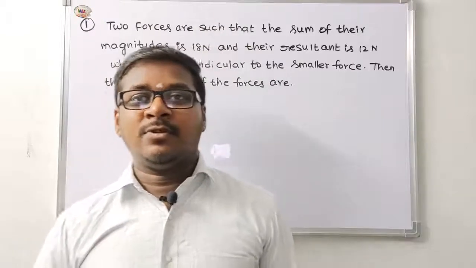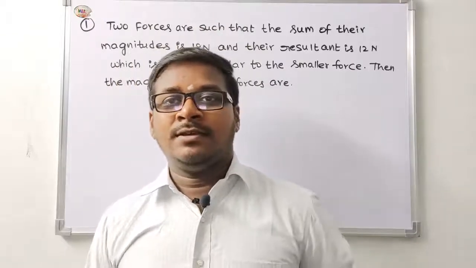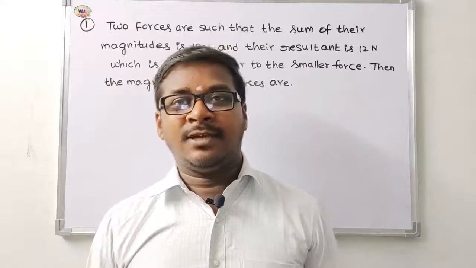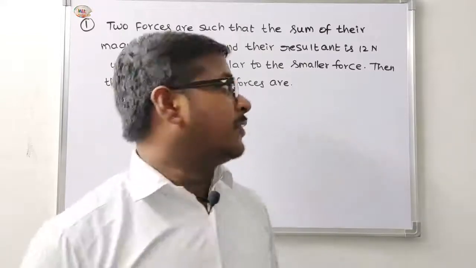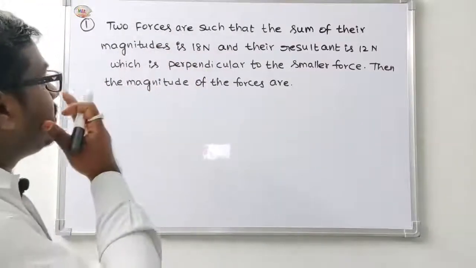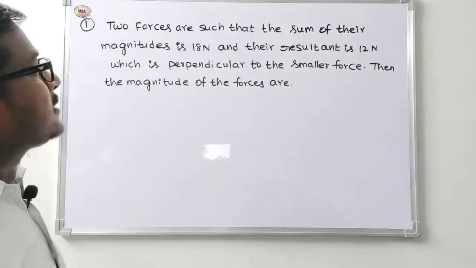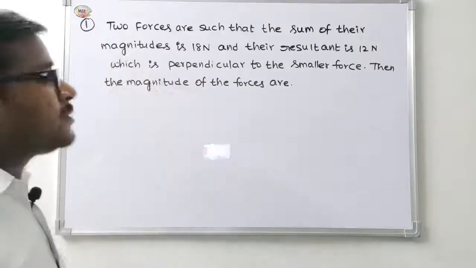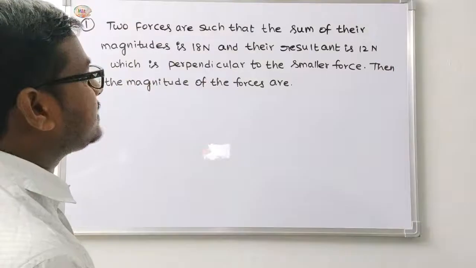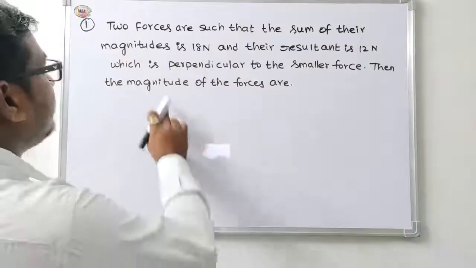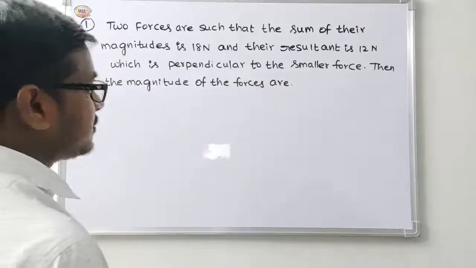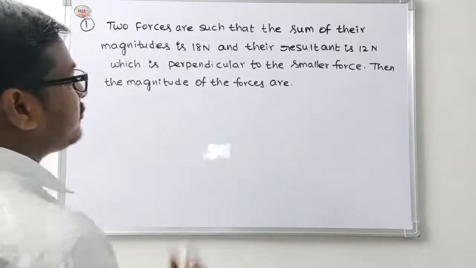So today we discuss previous year problems for NEET, JEE Mains and Olympiad level problems. Okay, the first problem: two forces are such that the sum of their magnitudes is 18 Newton and their resultant is 12 Newton, which is perpendicular to the smaller force. Then the magnitudes of the forces are,